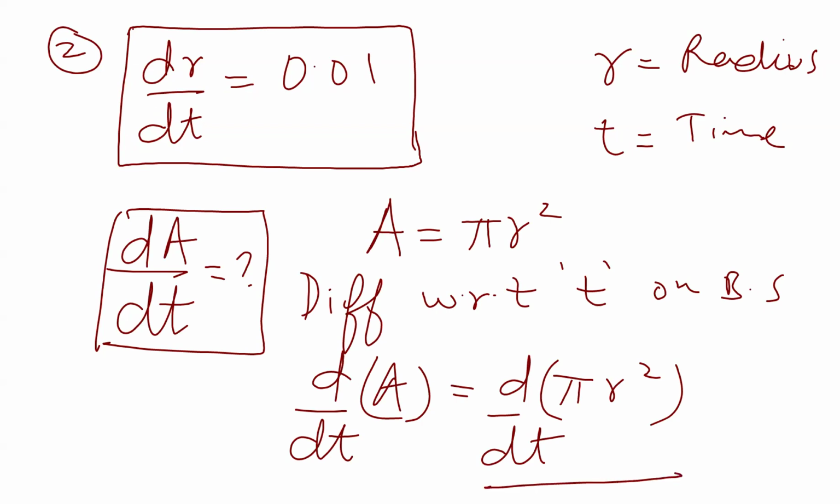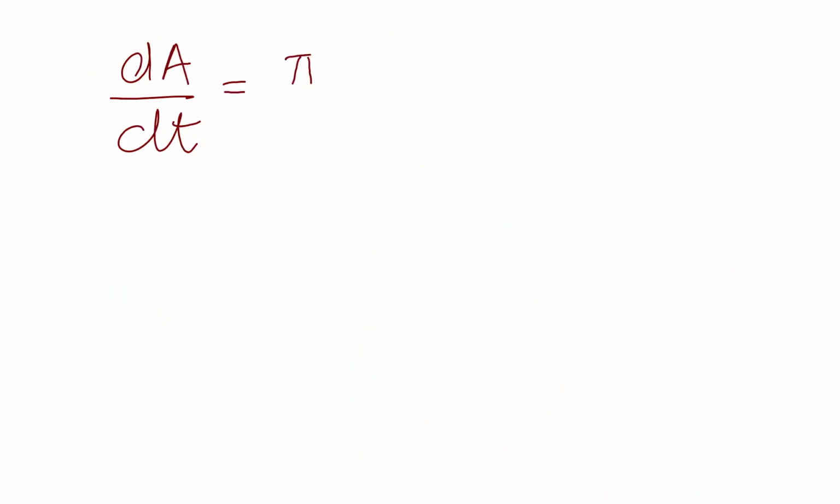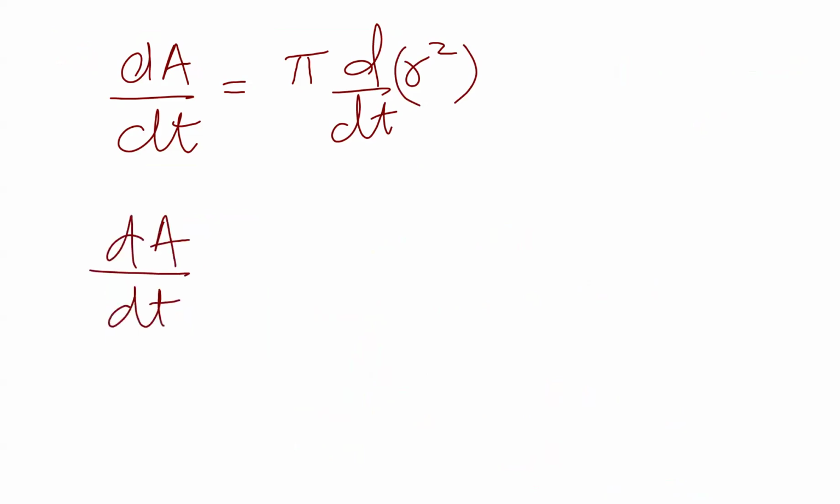Then right hand side derivative. I'll take pi outside and put it before d by dt. And this I'm doing because pi is a constant. Do you all know that pi is a constant? Yes, pi value will not change. If it is not changing, then it is a constant, right? So I'll take this pi outside into d by dt of r square. Pi outside d by dt of r square. Okay. So dA by dt is equal to pi